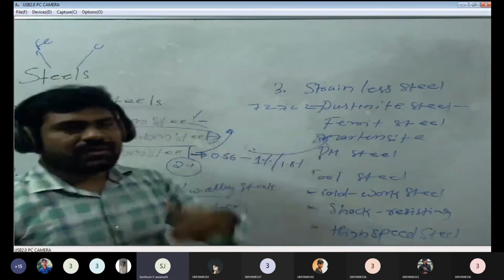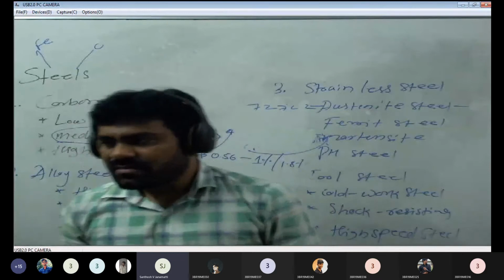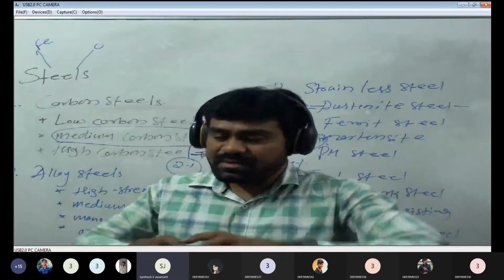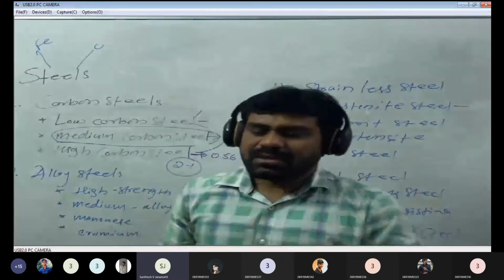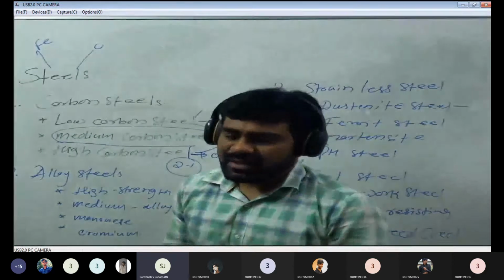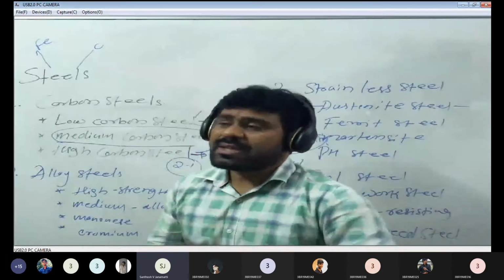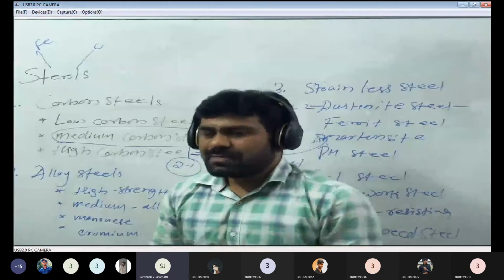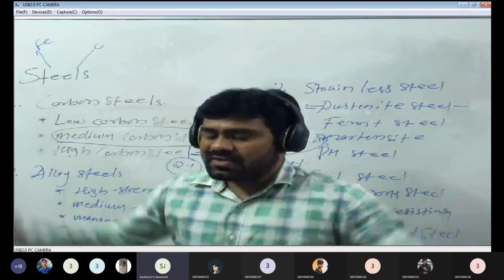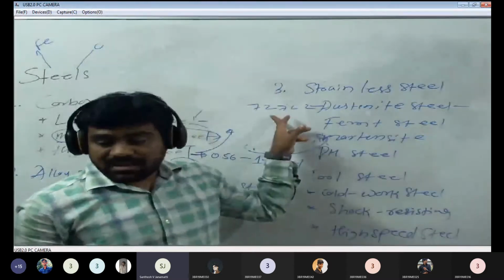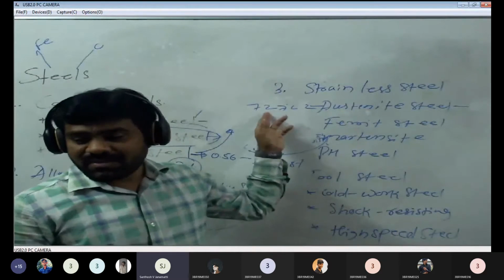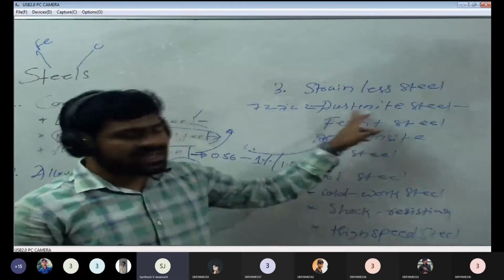Some steels, when the temperature rises above 100 degrees Celsius, above room temperature, expand or contract. Under high pressure and high temperature, something bad or some degradation happens in the steel; maybe it contracts or expands. But this austenite steel, up to 727 degrees Celsius, nothing will happen, because it is stable at 727 degrees Celsius. 727 is the austenite temperature, so we call it austenite steel.